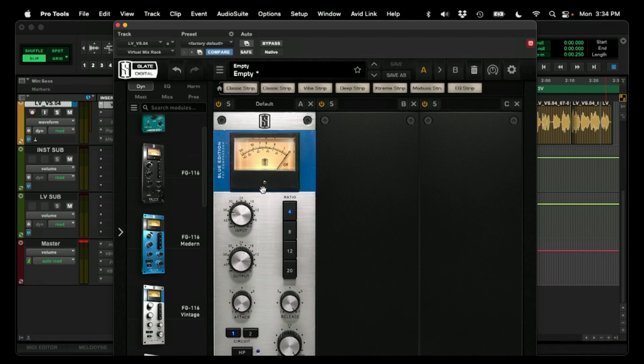And then he came out with the many different versions of the 1176. They're not tube, they're FET, transistor based, lightning fast, and it's a standard compressor that you're going to find in just about any major studio. And we'll go over the most famous one, the most expensive one, the one that's known as the Blue Stripe,